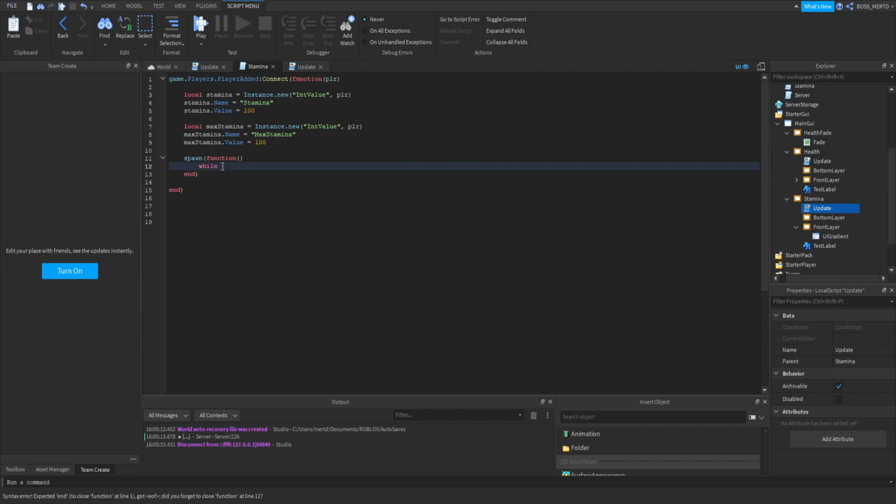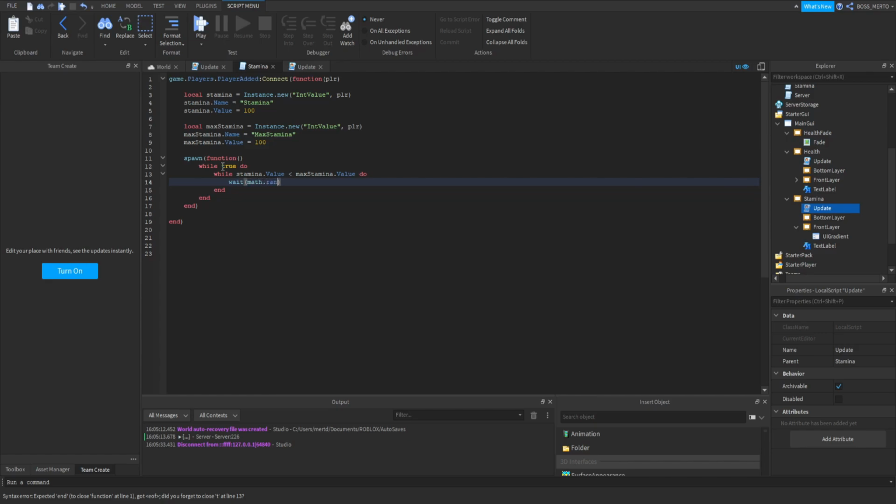And I'm going to, well, this is pretty much bad practice, guys, but I'm still going to do that because I cannot think of any other method right now. So I'm going to put a while loop. This one never ends, so it just goes on. I'm going to put a while loop inside of another while loop, if that's even possible. So while stamina value is greater than the max stamina value,